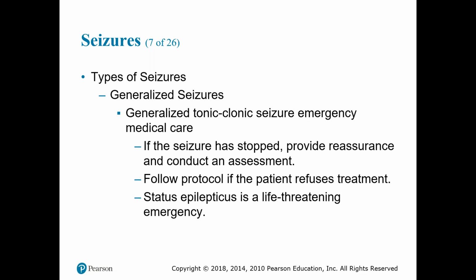If you have not called advanced life support yet, go ahead and notify dispatch to send you an advanced life support ambulance, because if they continue to seize, we need to give them some medication in order for them to stop seizing. Once they have stopped seizing, go ahead and treat your patient, get a full set of vitals on them, maybe provide some oxygen therapy if their O2 sats are low,